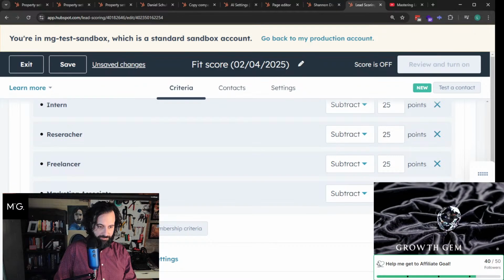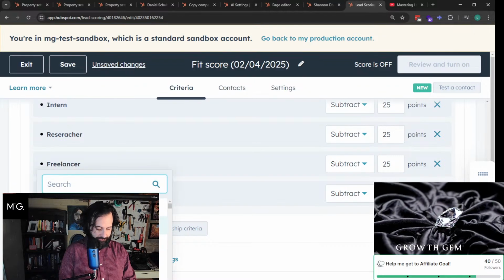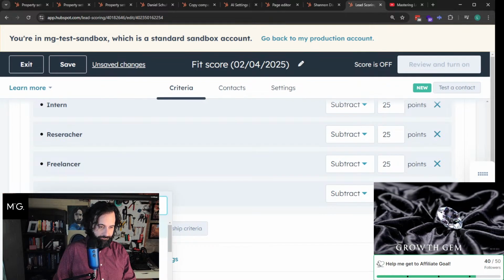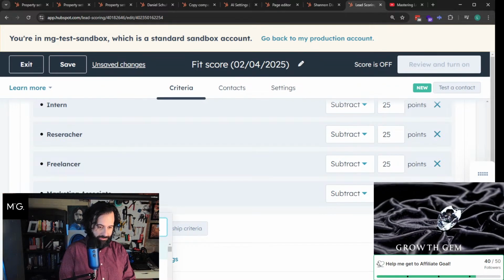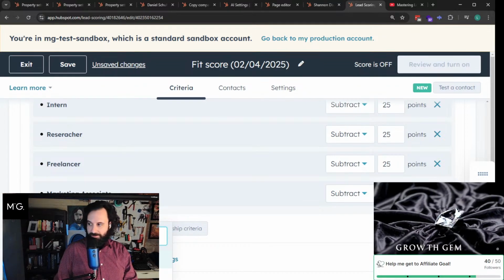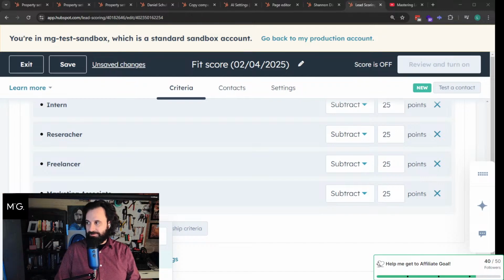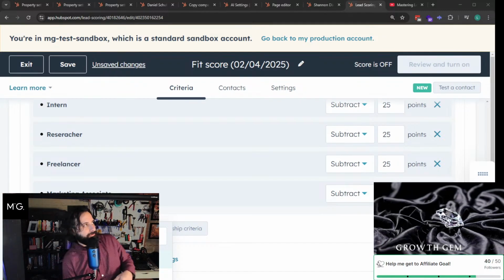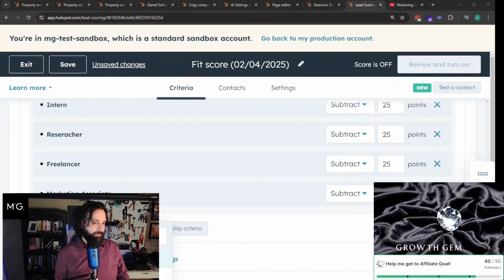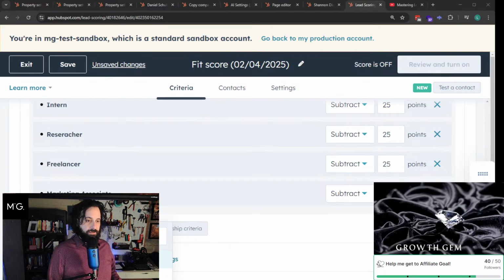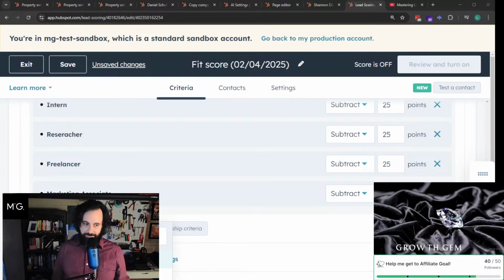Associated company. The contact. There we go. So in this case, I think the growth gem is, even though we started to bring the industry value over into the contact record, because at the company level it's set as